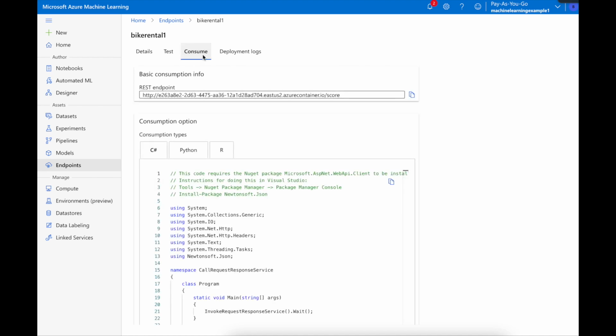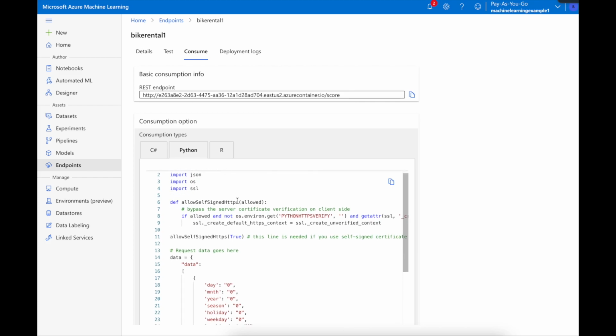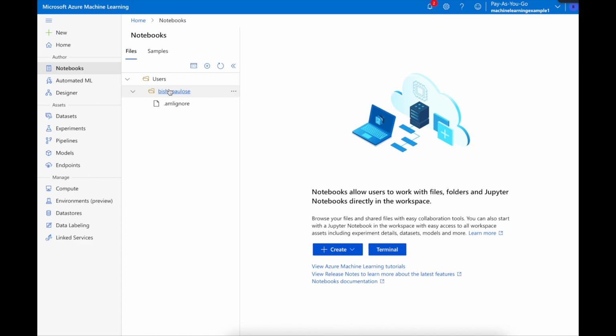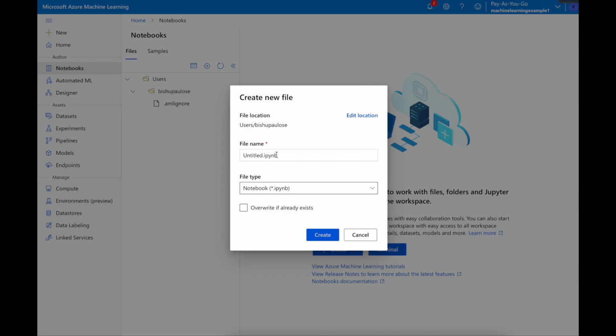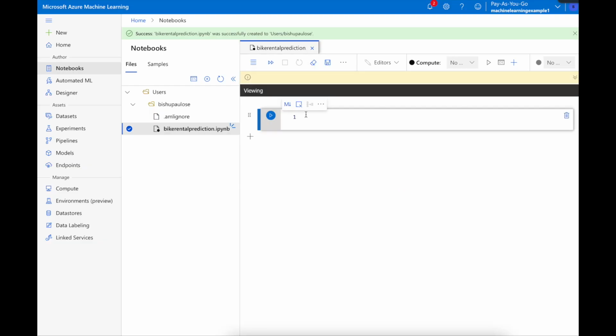Let's click on the consume tab, click on Python tab, copy the Python code, and then go to notebooks under authoring tab, create a new Python file. Let's name it as bike rental prediction. Okay, let's create it and paste the code snippet here,